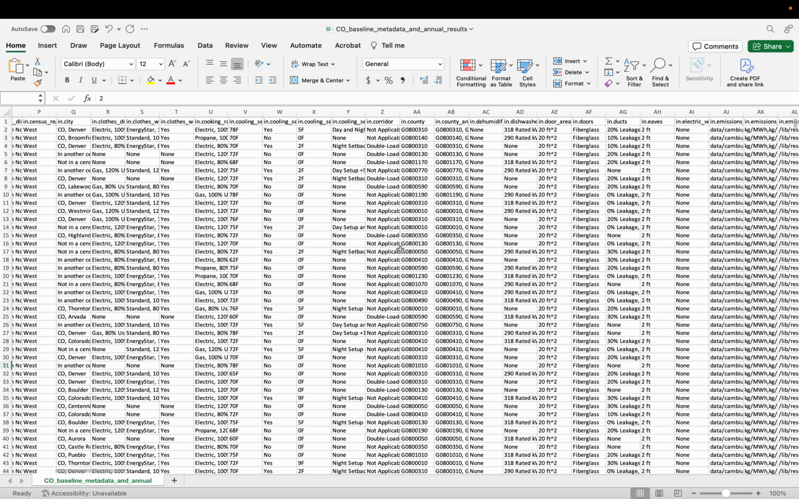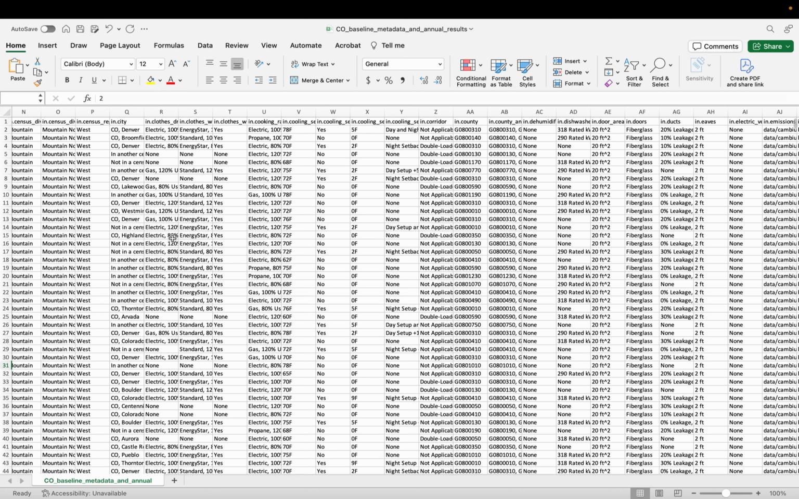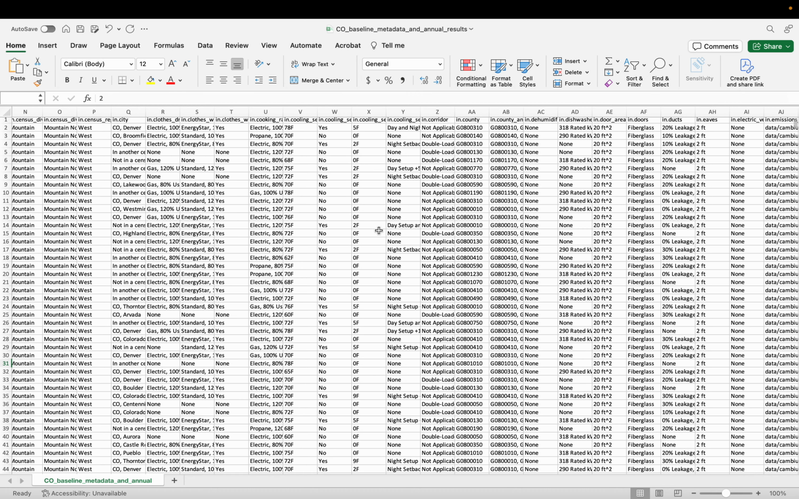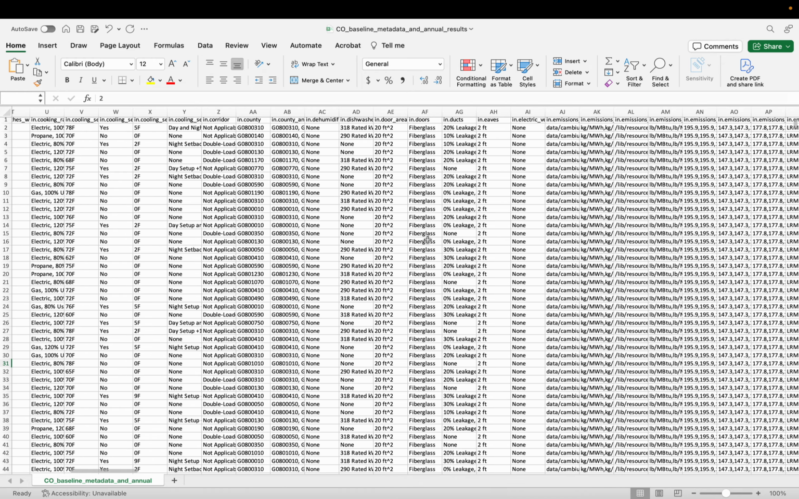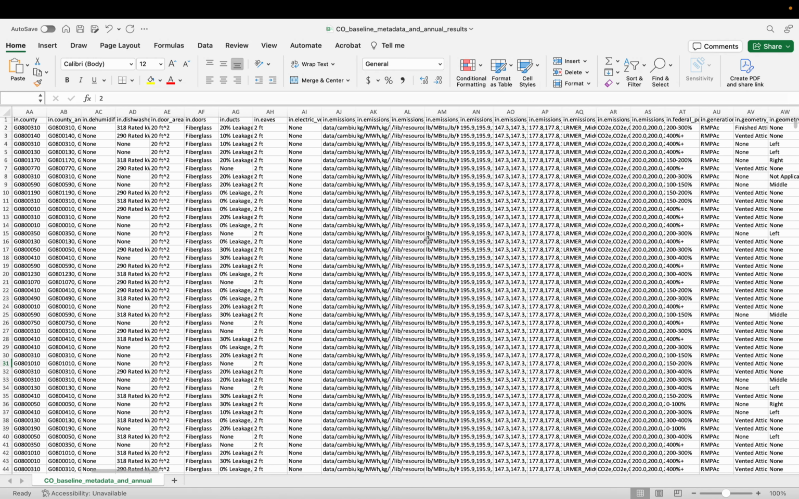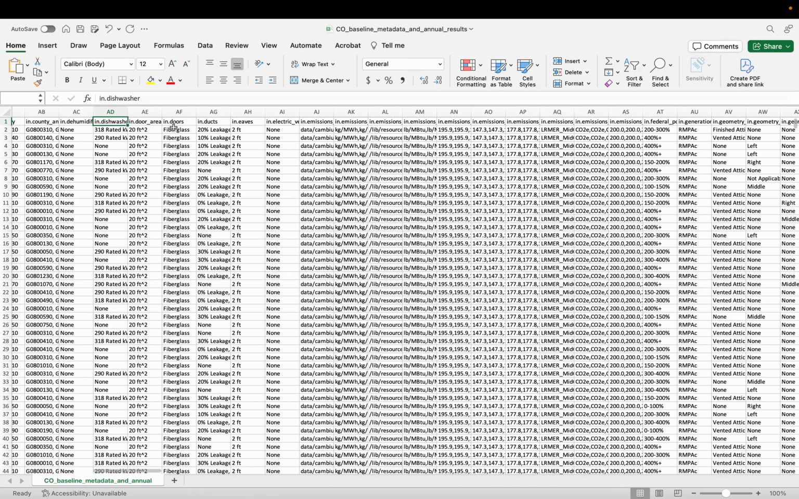What cities does that representative building exist in? Very different properties of the different buildings that we have. Now, what I wanted to point out here is, if we look at these categories at the top row that we have,